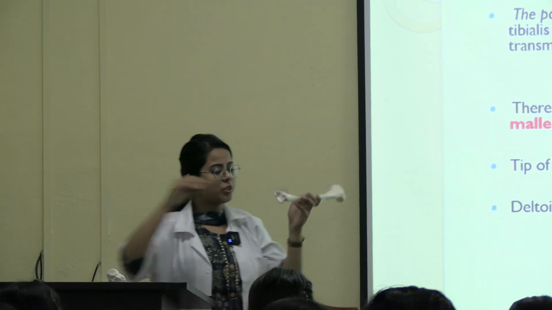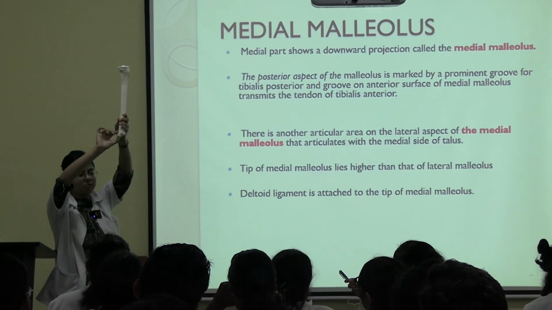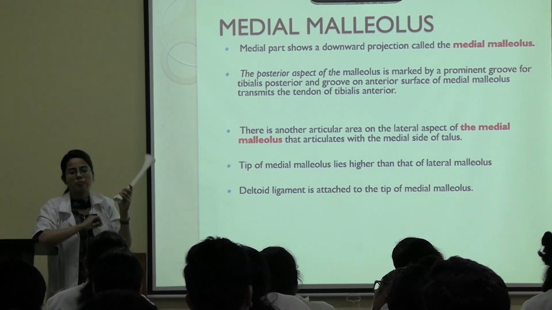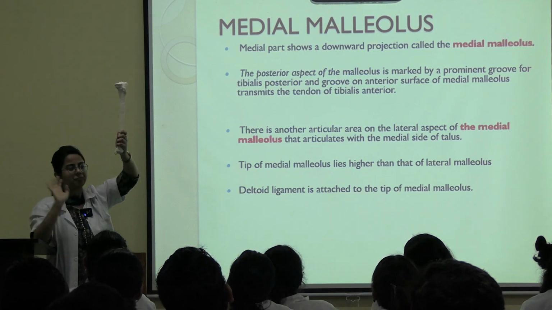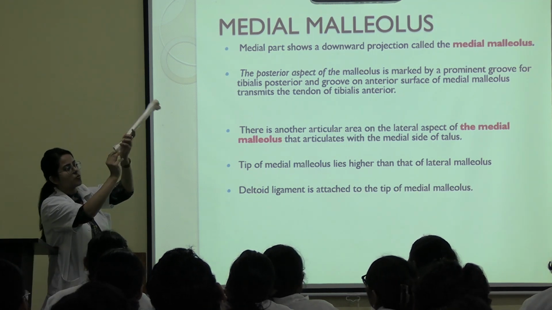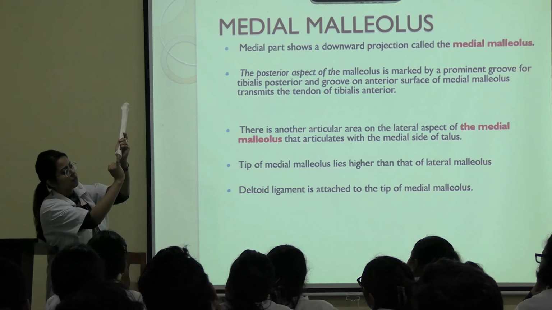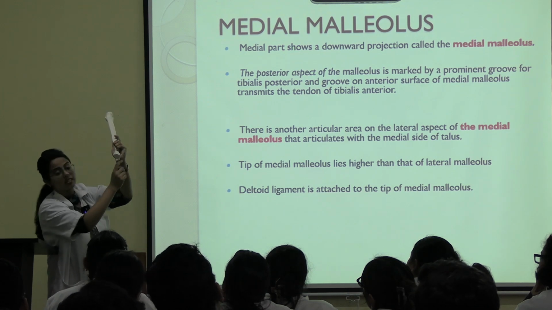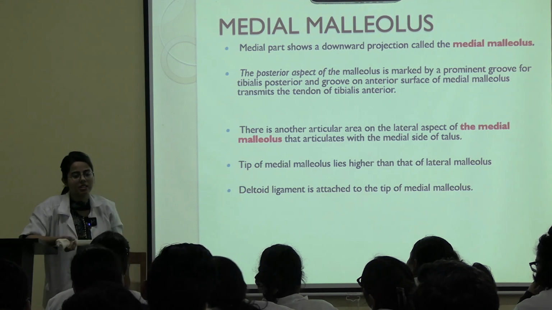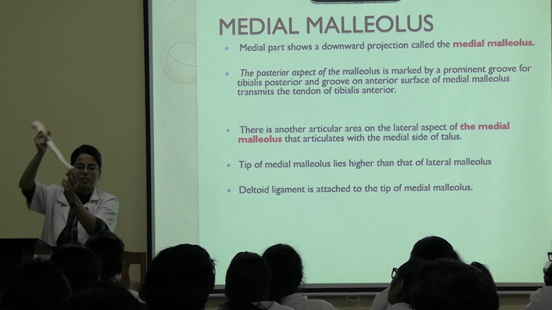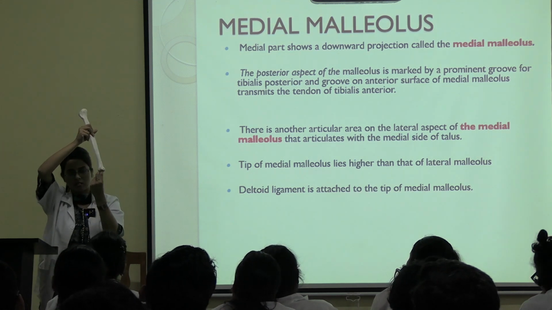Now the medial malleolus. What is the medial malleolus, as I told? This is the medial malleolus. It's a prominent bony projection in the lower end on the medial side. So you can see, this is which surface of the medial malleolus? This one, inferior to the lower end. What is this? Lateral surface of the medial malleolus. It will also articulate with the medial side of the talus. It is articulating with the body of the talus. This part is articulating with the medial side of the talus. Okay?